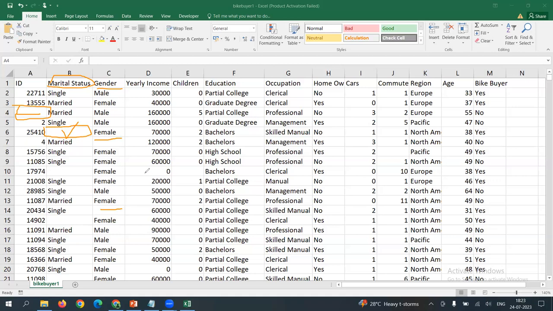Also, if you see the yearly income column, all of you here, one of the respondents' yearly income is 0. Do you think this data point can be believable? Can a person's yearly income be 0? Yeah. Sometimes it can be 0 or may not be 0, right?